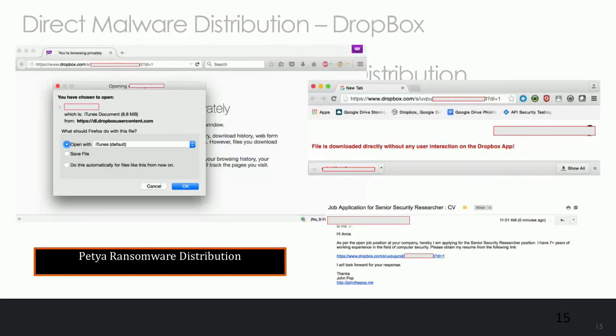So if you're looking at this particular example, as I mentioned, the binary check, you can clearly see there's a Dropbox dl=1. Once you change the flag from 0 to 1, you can download the file without interaction. Which means you just click it, and it's going to get downloaded to your system without any notification on Dropbox itself.